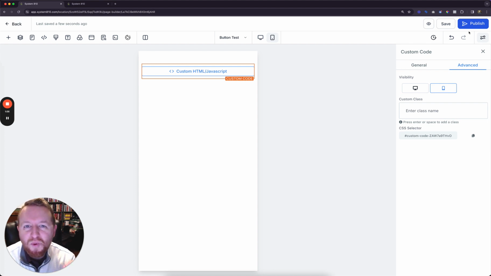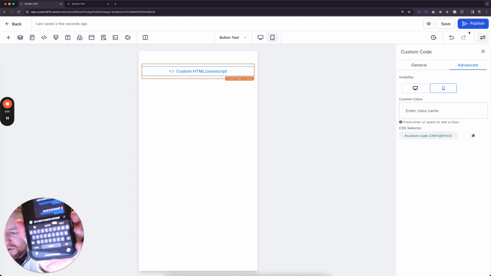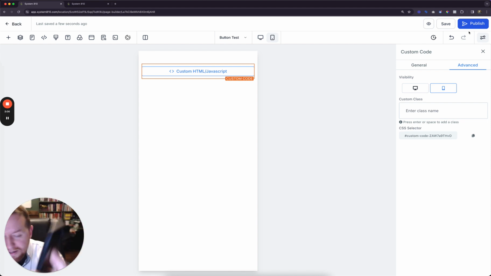But then something cool happens when I touch this button on my phone. So I'm gonna touch this button, and it literally opens up a chat that says send this message to begin chat. So this is really cool because they click the button on their phone, it opens up a text message that has instructions of what to do next. In this case, send this message to begin chat, and then they would send this message and it would chat with a person, okay? So that's how the system works. You install this code in a website, make it mobile only, somebody clicks on it, it opens up a text message right in their phone that says send this message to begin chat, they send it, and then